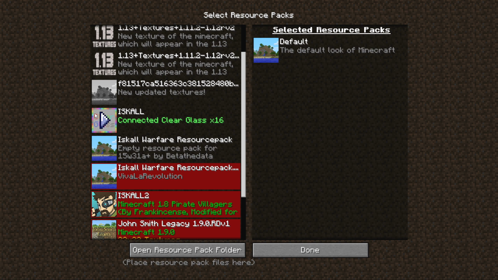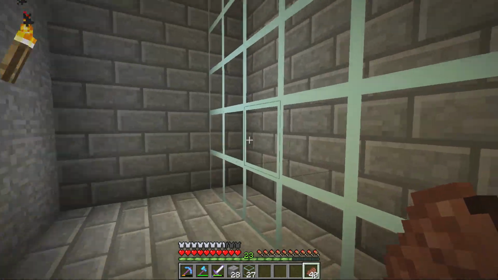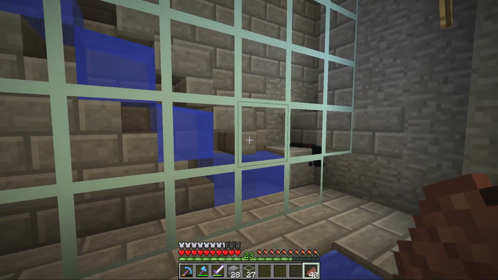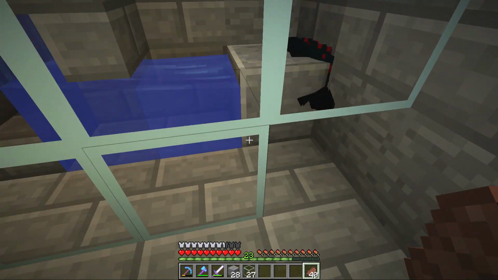I've got a connected glass resource pack over here, which will make the glass clear for us. It's one that Iskal uses and one that he shared with me that is actually kind of useful, I suppose, especially for these kind of experiments. There we go. So the glass becomes a little bit clearer so that we can see that elevator a little bit cleaner now. All right, I guess the only thing left for us to do is to unleash the cave